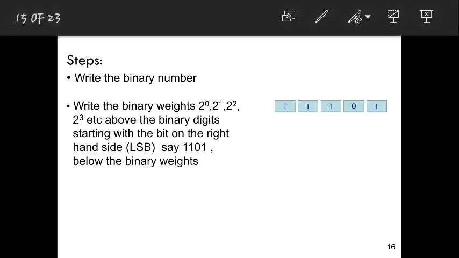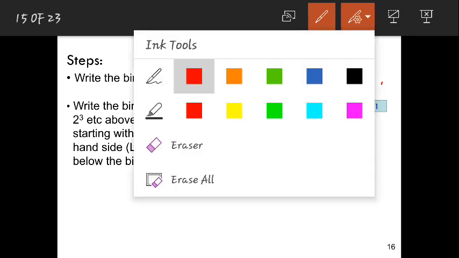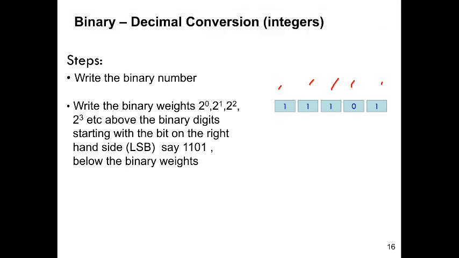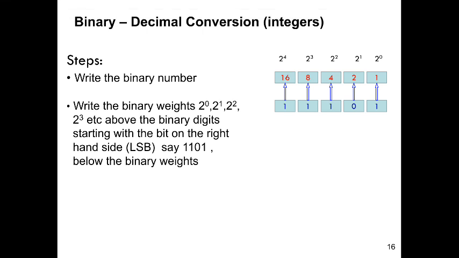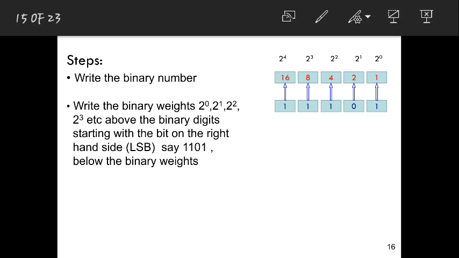So what is the positional weight for this bit here? This is 2 power 0, this is 2 power 1, 2 power 2, 2 power 3, 2 power 4, in that way. So you have 5 bits here, so you will get 2 power 4 as 16. See, if you write your positional weights, 2 power 0 is nothing but 1, 2 power 1 is 2, 2 power 2 is 4, 2 power 3 is 8, 2 power 4 is 16. So this 1 is at the 2 power 0 position, then 2 power 1 position, and so on, in this way all the positions.